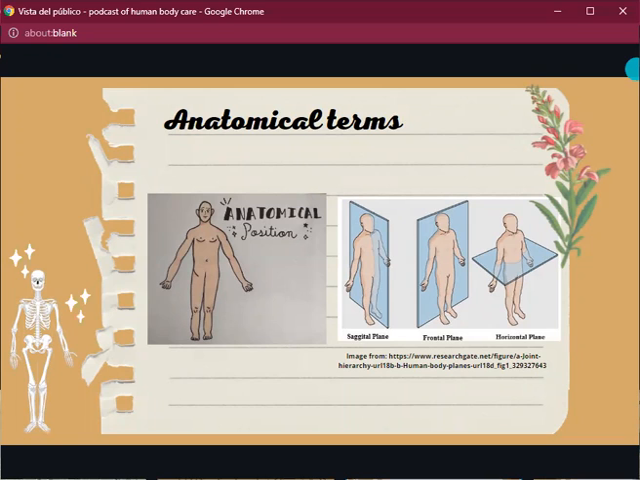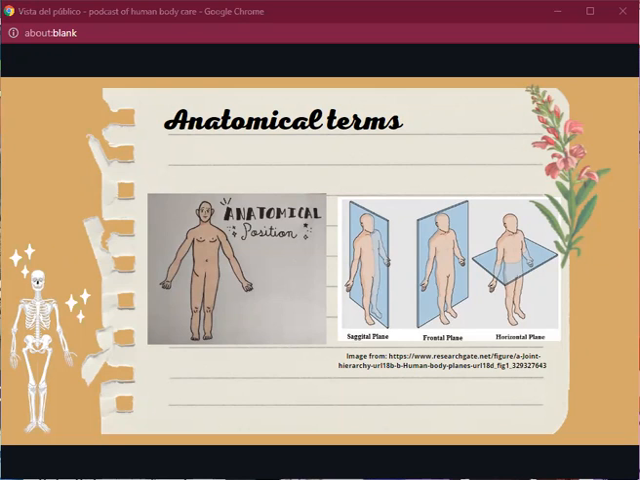That is the standard body position where the person stands straight, eyes and head level looking straight ahead, feet together and completely flat on the floor, also pointing straight ahead, and the arms to the sides with the palms facing forward. The second term that we have are the body planes, or also known as the anatomical planes,